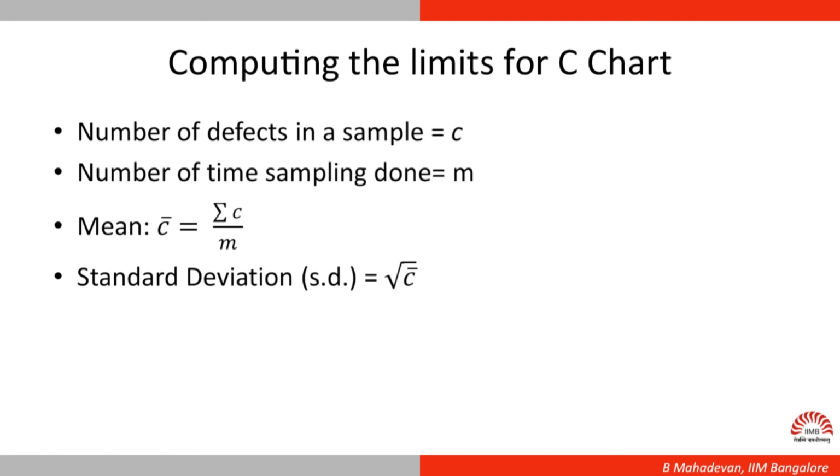So, now we have the mean and the standard deviation. Therefore, the upper control limit and lower control limit are plus or minus 3 standard deviations from the mean. So, this looks very similar to a P chart. Therefore, we are not going over it all over again. We need to plug in the appropriate numbers and get the control limits, then plot and see the data. So, that is how one uses a C chart.